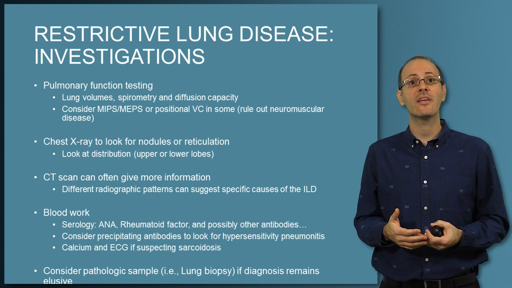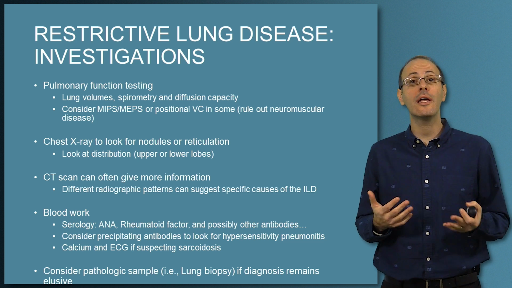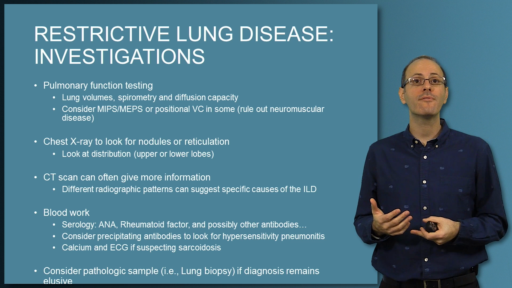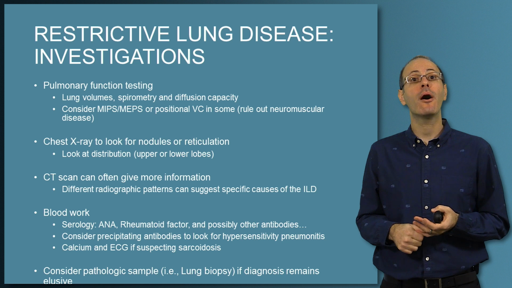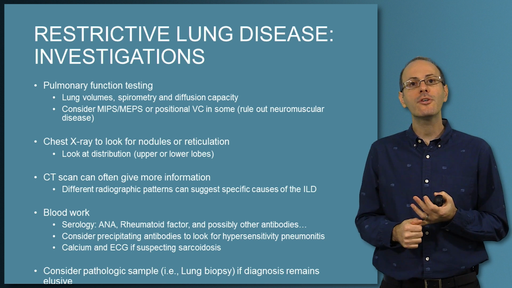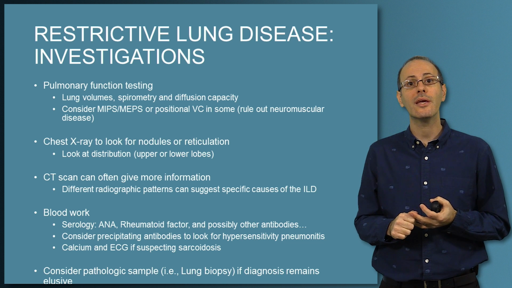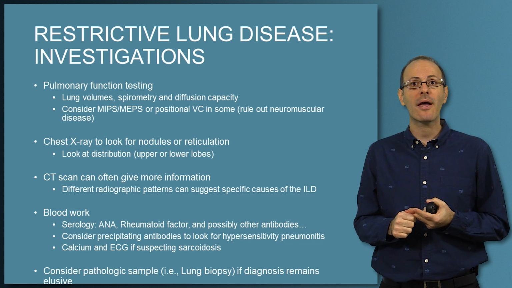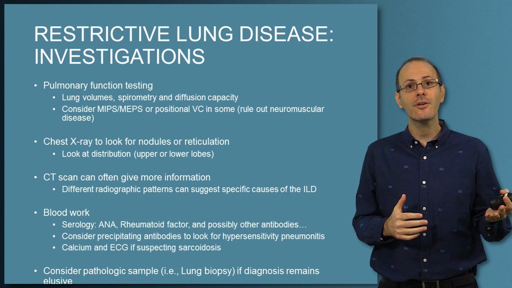Next, we go on to investigations. Every patient who comes to your clinic who may have a restrictive lung disease should have certain tests done. Patients should have pulmonary function testing, where we look for lung volumes. But not just lung volumes, as we've talked about. You would do volumes, spirometry, and a diffusion capacity, which is essential to help us distinguish between parenchymal lung restriction